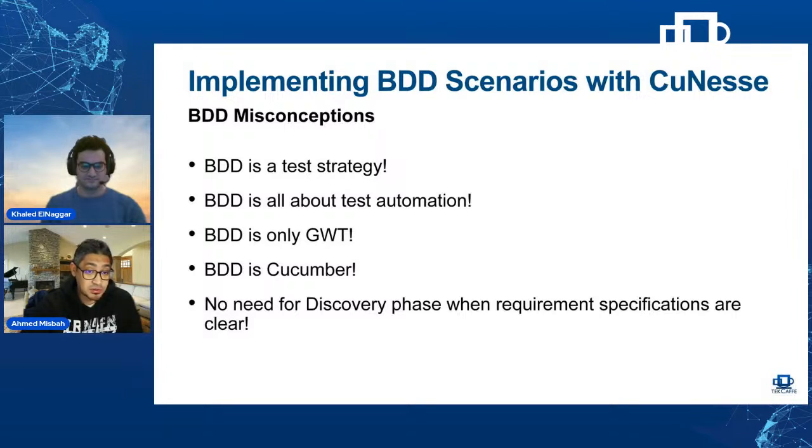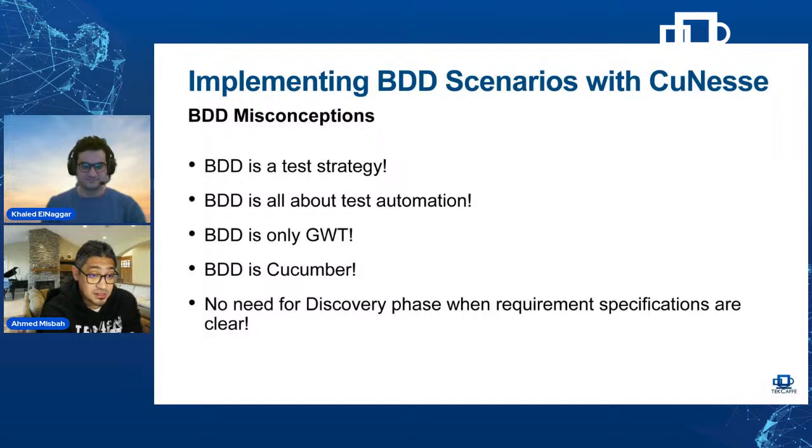BDD is also not only about test automation. So obviously, when you have executable specs, you're going to turn these executable specs into automated tests. But again, we're talking about byproducts. It's not only about that. Why? Because you can do automated tests even if you're working with waterfall. So why another process for automated testing? We are already doing that. So no, BDD is much more than that.